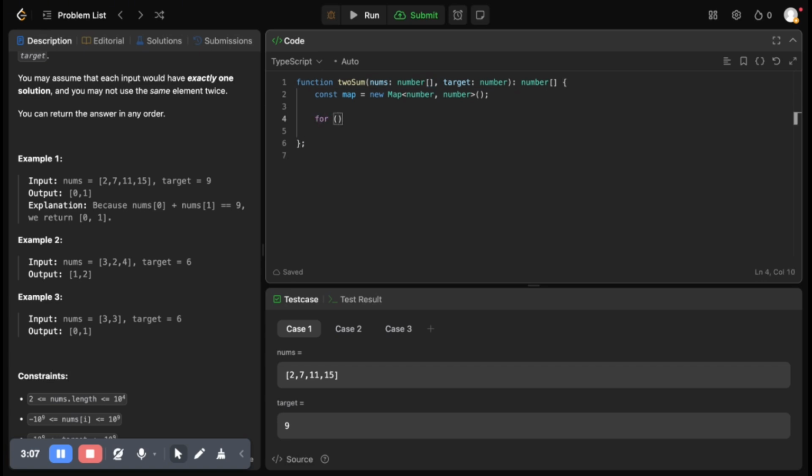For let i equals 0, i is less than nums dot length, i plus plus. I think I'll call it missing number. So let's say const